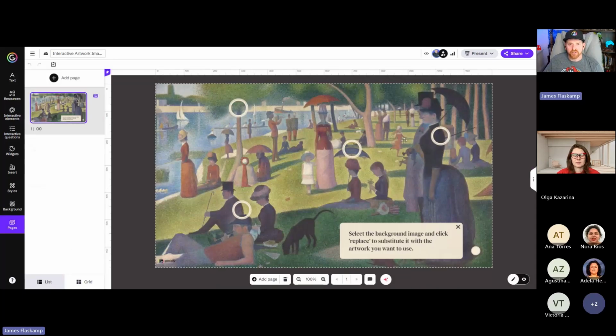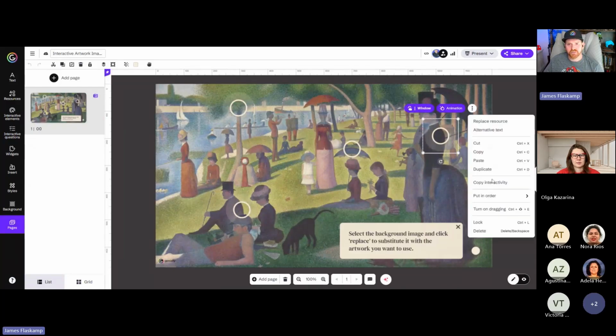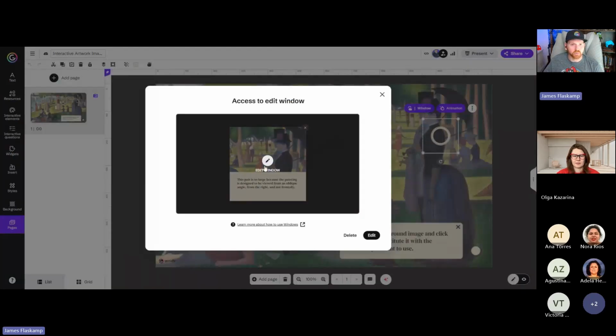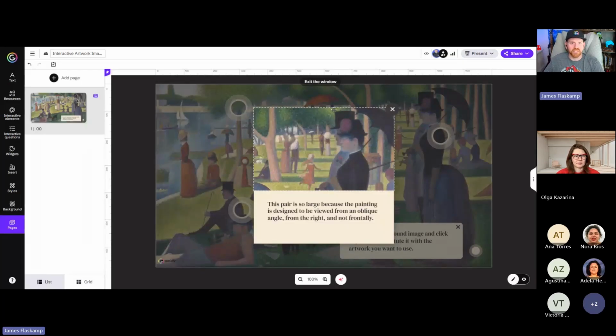And so notice here we have all of these different things, and when we highlight them, we get the little dotted lines around them to select them. When you click on something, you can see what sort of interactivities they have, what sort of animations they have, and then you also have a 3-dot menu that can give you more stuff that you can do with that particular thing, whatever it happens to be. So you notice that each one of these is already set up in the template with the interactive window interactivity. So you can click on that and you can see what the window looks like. So there you go. That's the window that appears.